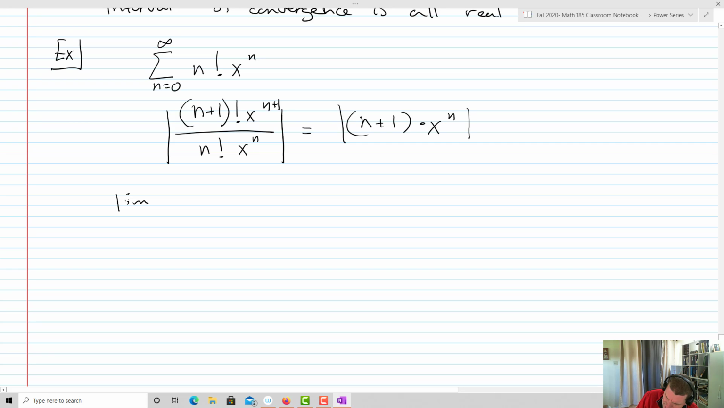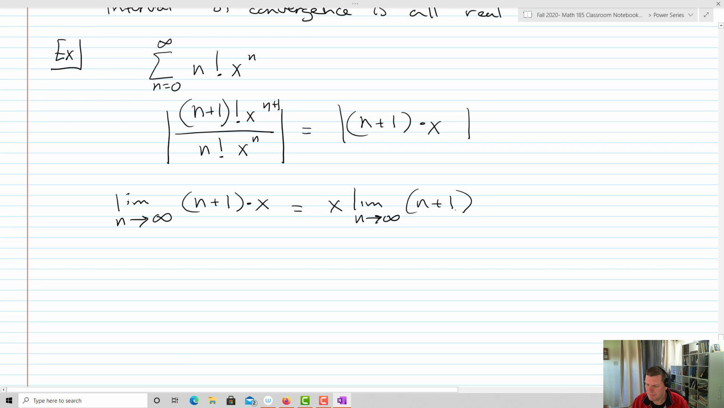Let's take a look. If we take the limit as n goes to infinity, excuse me, not x to the n, but just x. The limit as n goes to infinity of n plus 1 times x. Okay? Well, that's going to be x times the limit as n goes to infinity of n plus 1. All right? Well, that's a problem because this is going to end up equaling x times infinity, which is infinity. And so the series diverges